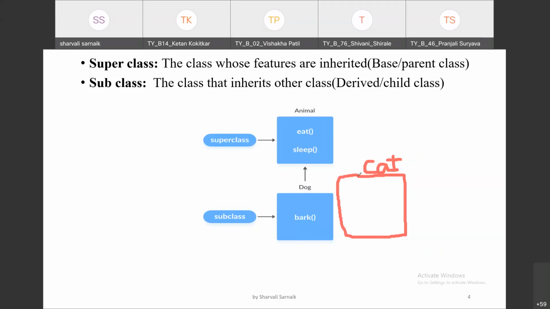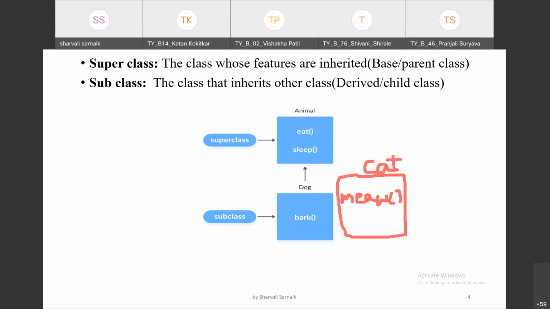I'm deriving one more class, and inside that I'm writing one method. So I've written one method, meow, inside the cat class.